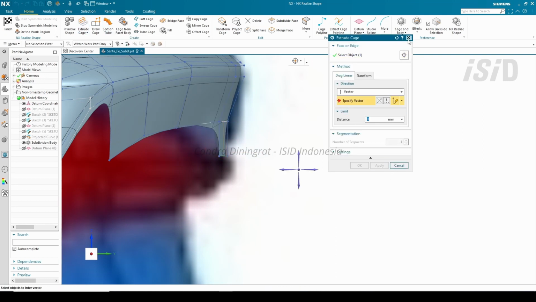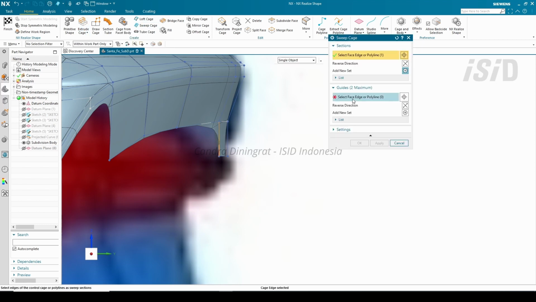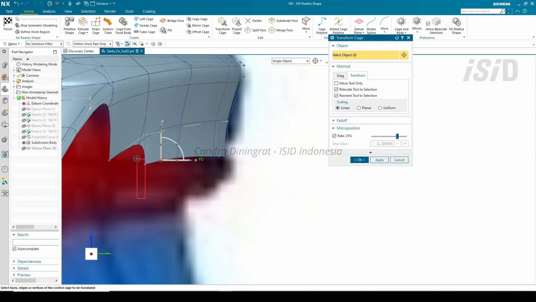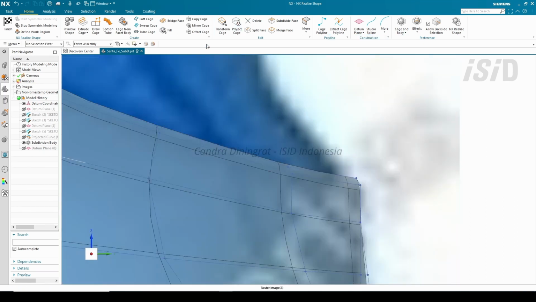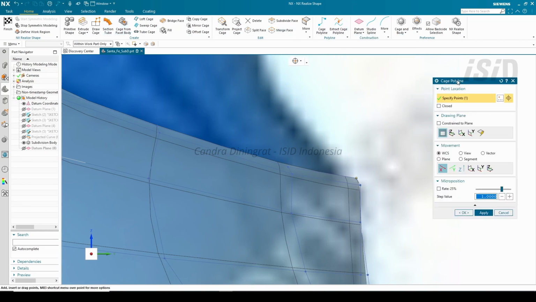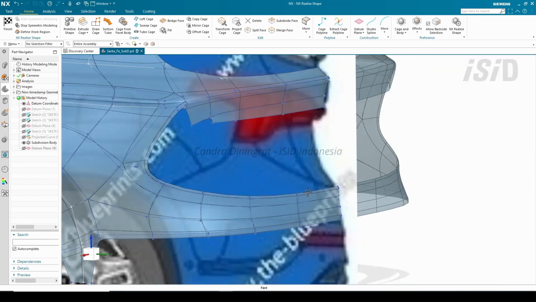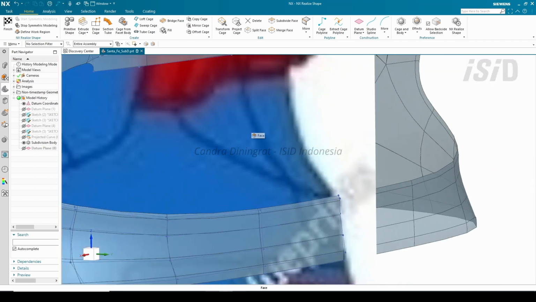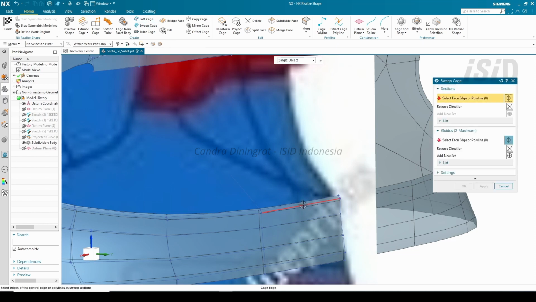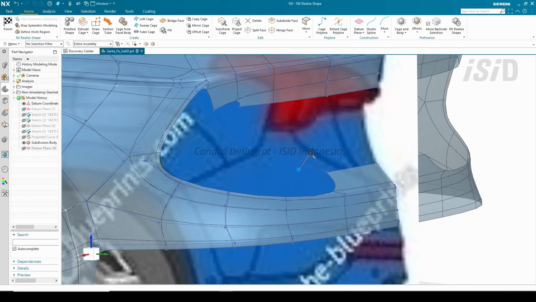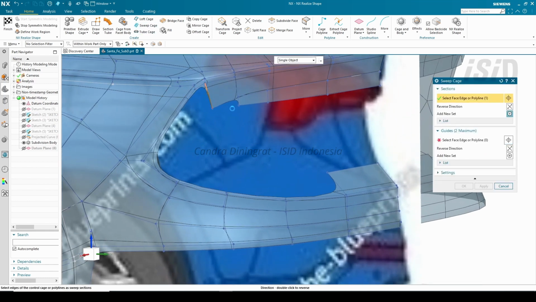I extrude some cage edges downward, and add more surface using sweep cage, and modify some position using transform cage. And at the bottom side I add some edge polyline here, and add the surface using sweep cage. Okay, and I connect these two cage edges using a sweep cage again,